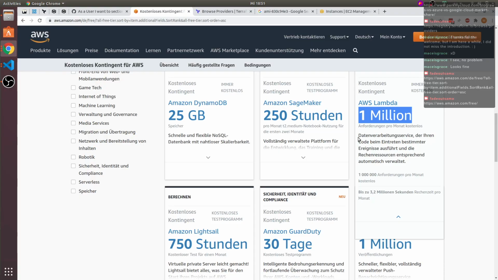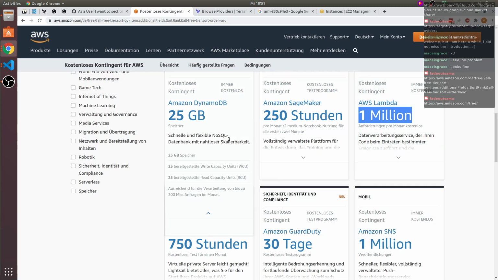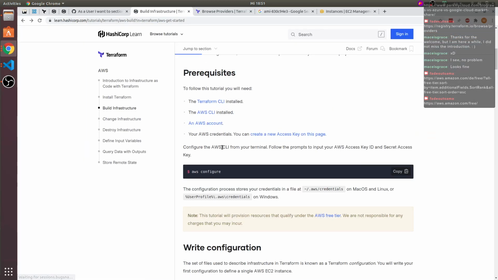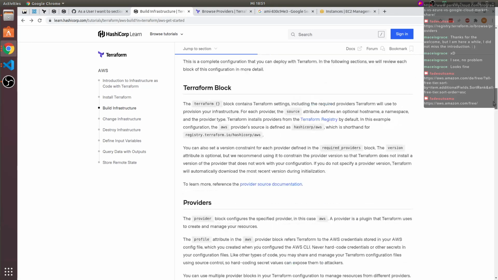I also set something up, and it doesn't run too much, but for some reason I am charged 25,000 compute instances. So be careful what 1 million actually means. Nevertheless, my Lambda functions are very, very slow, and I should make them a bit better. Okay, so that's the heads up, we did set everything up.